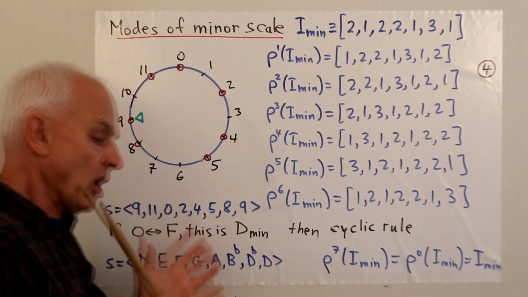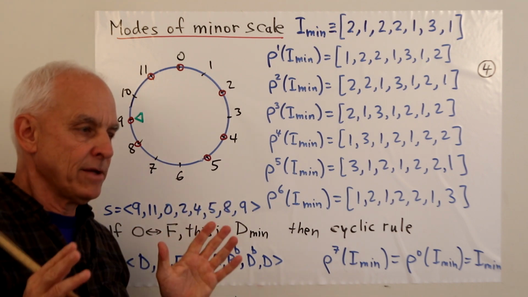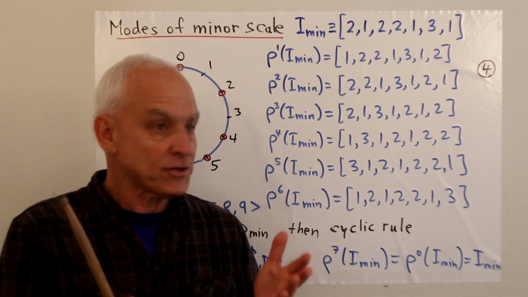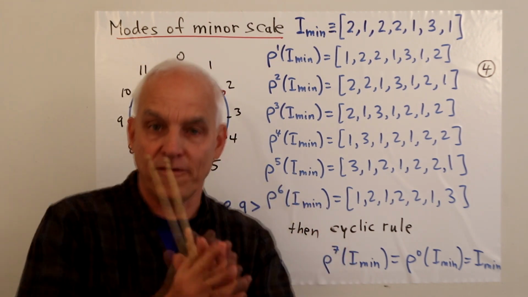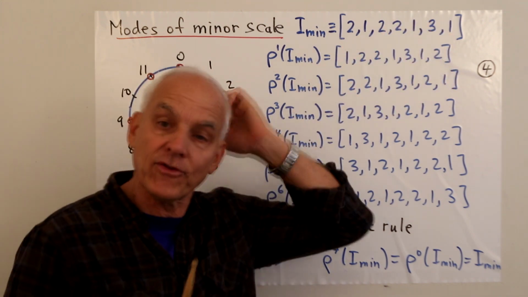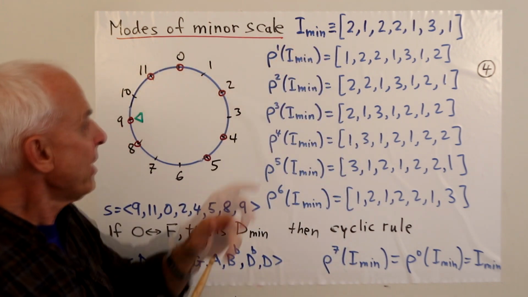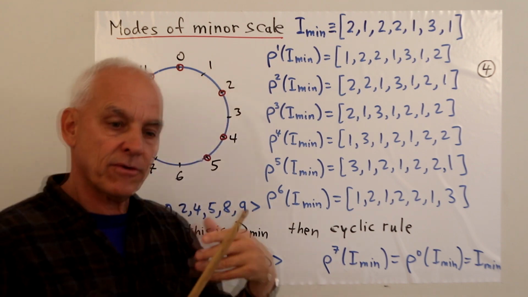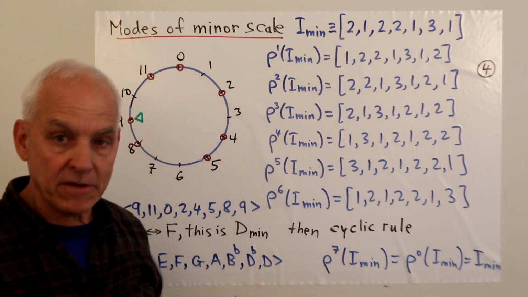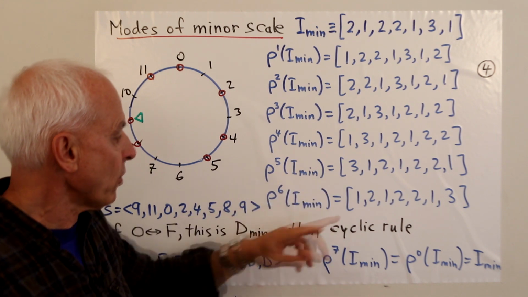So when we're going to be talking about minor scales from now on, I'm going to be talking about this minor scale. So that lessens the possibility of confusion, hopefully, with minor scales. All right, so now we can look at the modes of the minor scale. In exactly the same way as we did for the major, we take the interval sequence for our basic minor scale, say I minor, and then we just look at powers of this rotation operator, which does always the same thing, takes the first one, moves it to the back, and slides everything forward. So there's rho 1, you can look at it, rho 2, rho 3, rho 4, rho 5, rho 6.